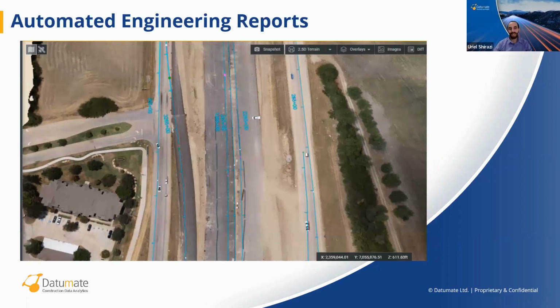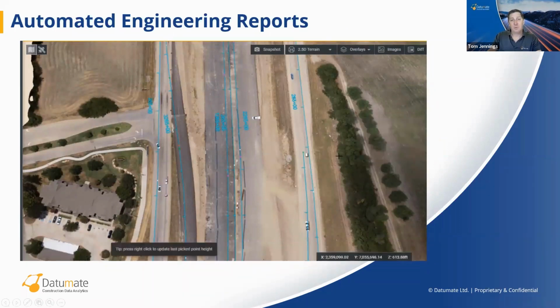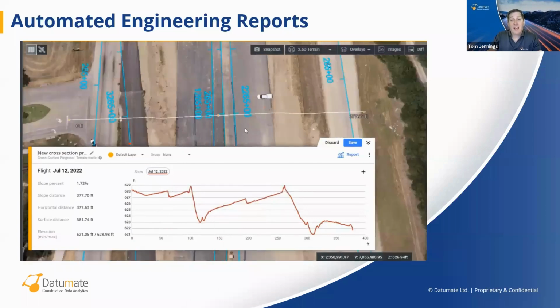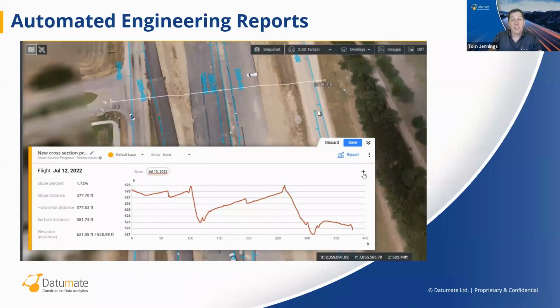Yeah. All right, now I'm going to speak a little bit about automated engineering reports. Datumate offers a suite of valuable tools designed to make measurements and analytics simple and easy. The Datumate cross-section analytics tool allows users to make a cross-section of any surface to visualize the elevation. You can then add other design surfaces of flights from the projects so that you can monitor change or track